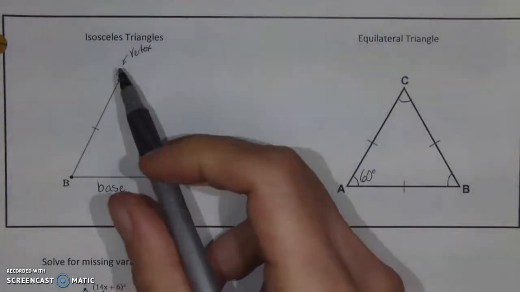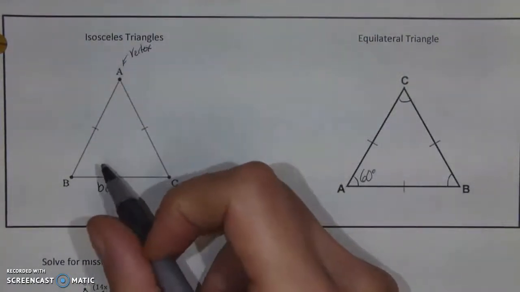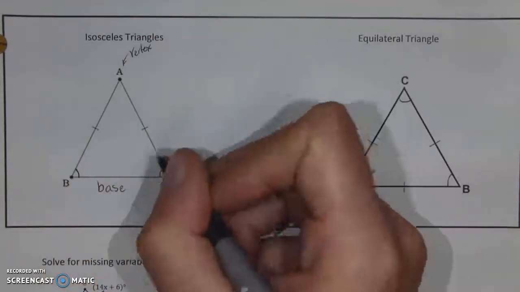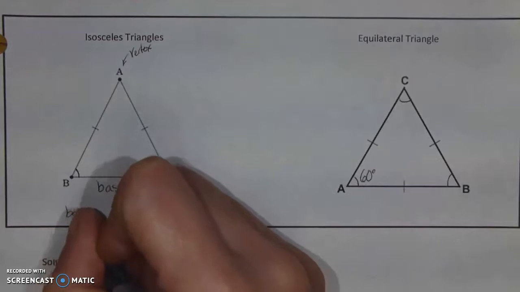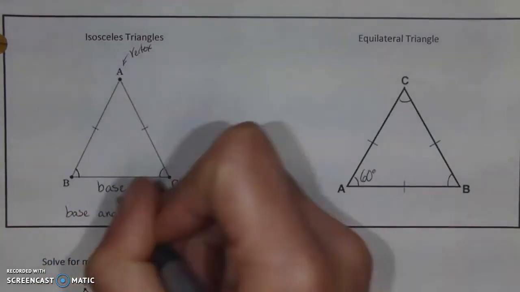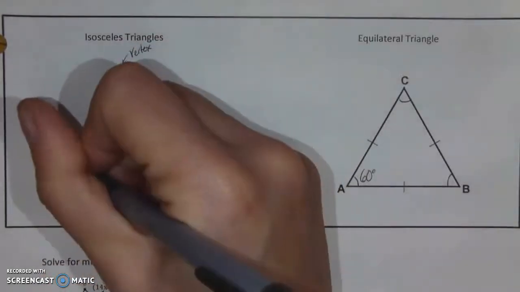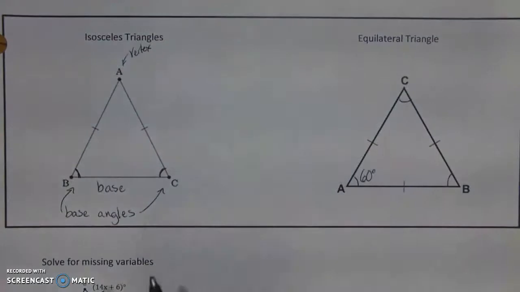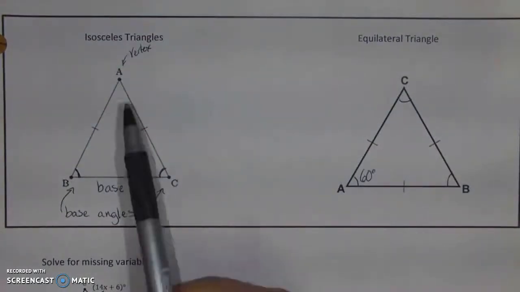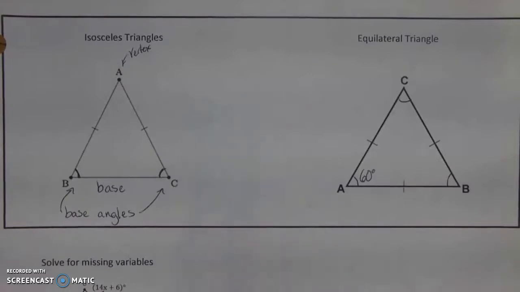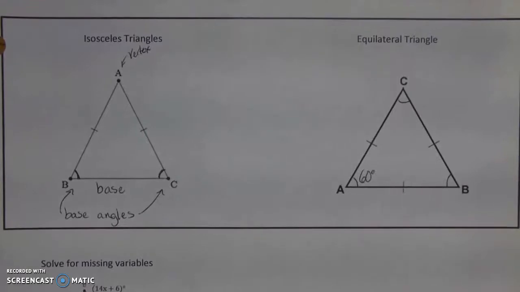Now, this base comes with two angles attached, and we call these the base angles. And in an isosceles triangle, it turns out that the base angles are always going to be congruent to each other. That ends up giving us a lot of information for solving. Outside of that, I also have one other thing that I can uncover in this,